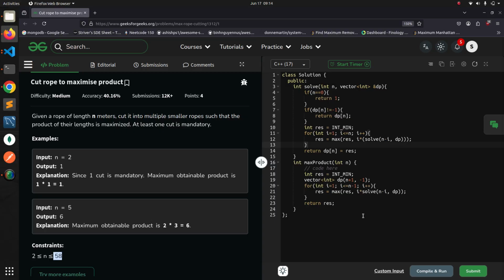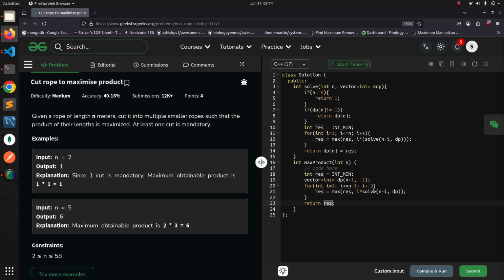If the rope length is 4, then in the end we will make the cut of length 3, and the remaining rope will be of length 1. At least one cut is mandatory, that's why we are going from 1 to n minus 1 and recursively calling for i into the remaining length, taking the maximum every time after recursively calling the function,